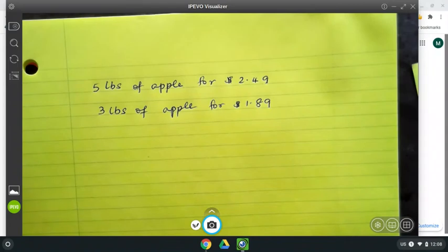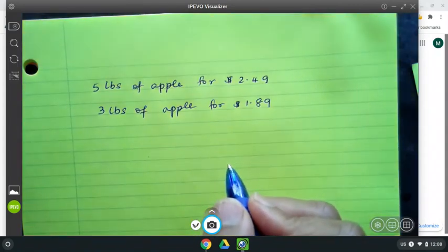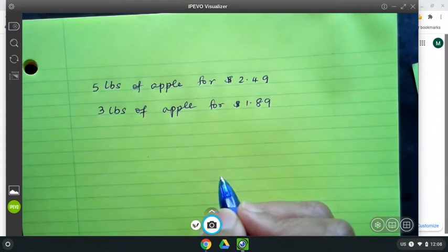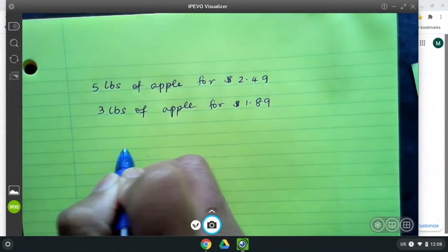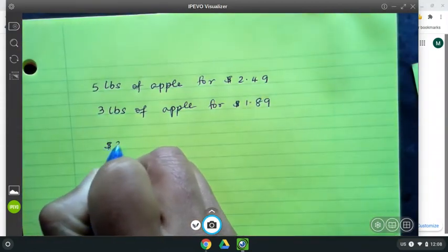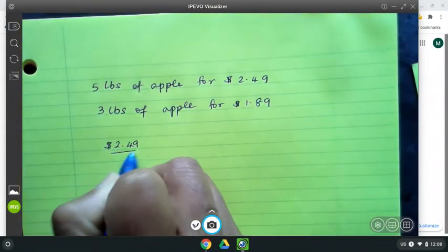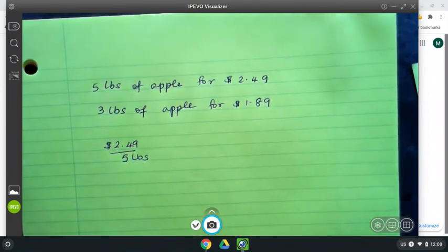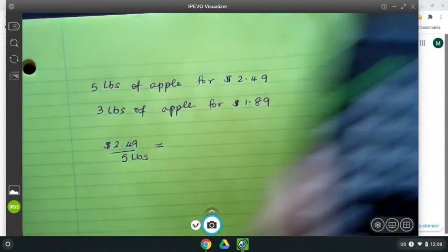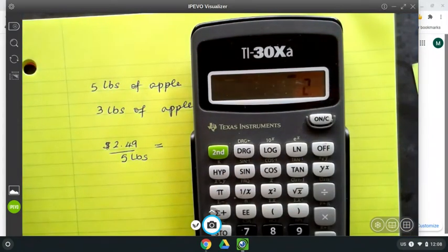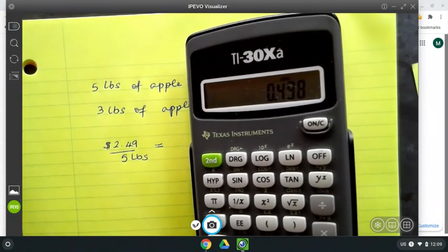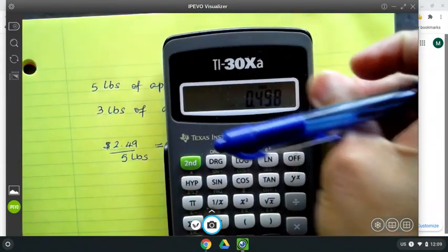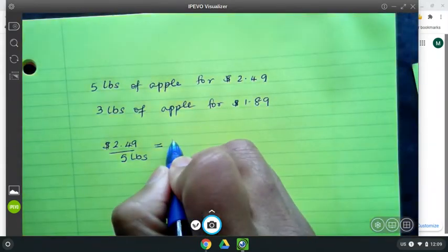Look at this if it helps you. So if I figure out how much 1 pound costs, that tells me which is the cheaper deal. So if I want to have it that way, then I put the dollar in the numerator, 2.49 divided by 5 pounds, and I'm writing the units to show you what we end up getting. If I do this, and I'm going to use my calculator to show you, 2.49 divided by 5 gives me about 50 cents. So it's 0.498, which is about 50 cents